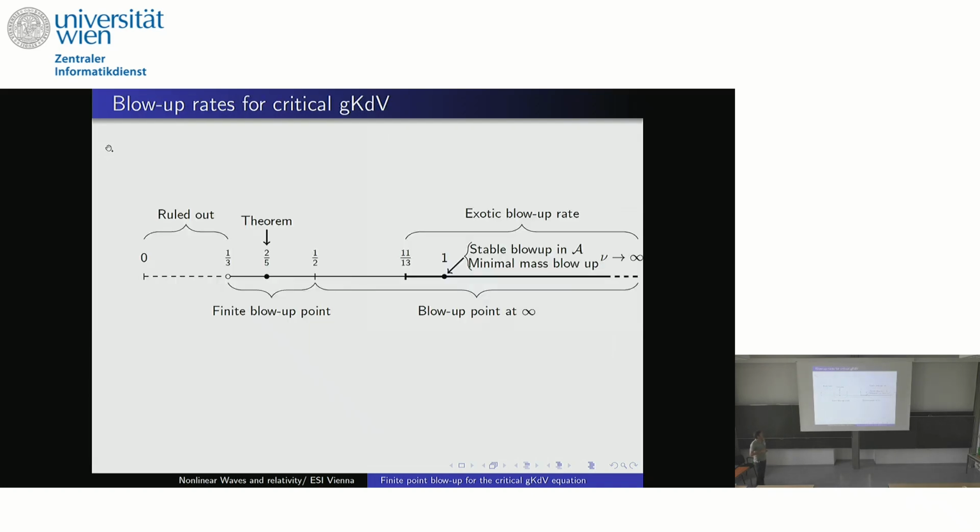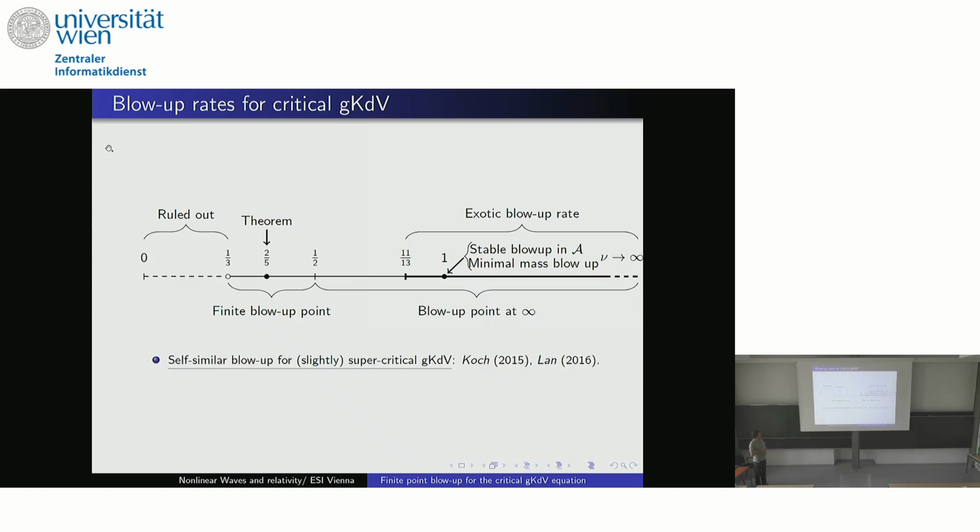Okay, so if I want to summarize the results for gKdV, as we saw, by using the local theory, you can rule out blow-up rates smaller than the self-similar. The self-similar was ruled out in this paper by Martel-Merle. And then this is the stable blow-up. Okay? And then you have a continuum. So this could probably be extended up to 1/2. But you see here, we really had no idea whether you could have something or not. And now we have this specific example here.